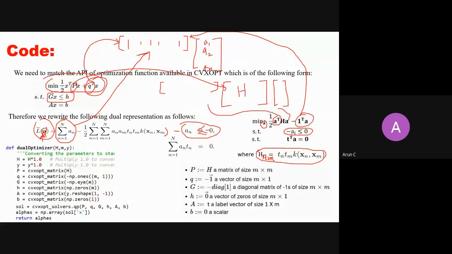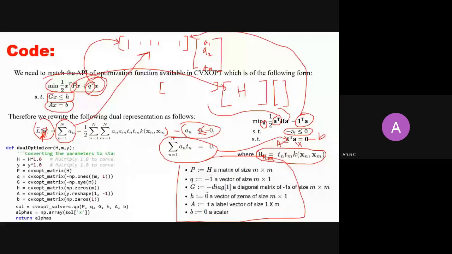Now the second one says that it has an equality constraint, Ax equals B. So now I can rewrite this constraint as T transpose A equals 0, where this 0 is a zero vector, which is B. This T is a matrix, right? It's a matrix, and this A is what I have to minimize over. It is the X vector. So this is Ax equals B, and here I have just formed this table for you guys to understand.